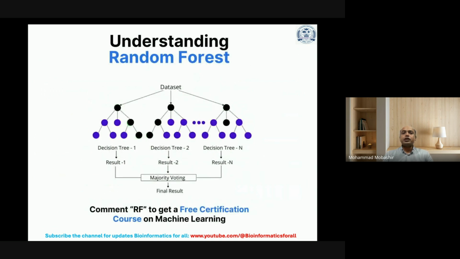Now, if you want to understand more details about random forest, then here is the data set, where the data are of 2 or 3 different types based on color, based on size, and then you have decision tree 1, 2, and 3. Then your predicted result is again 3 or n. Then go for selection by using the majority voting concept and final result prediction. So random forest RF2 is used to get a pre